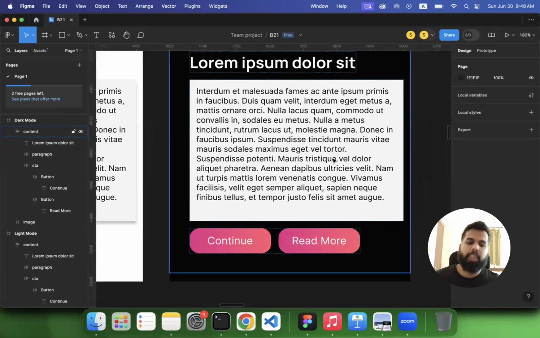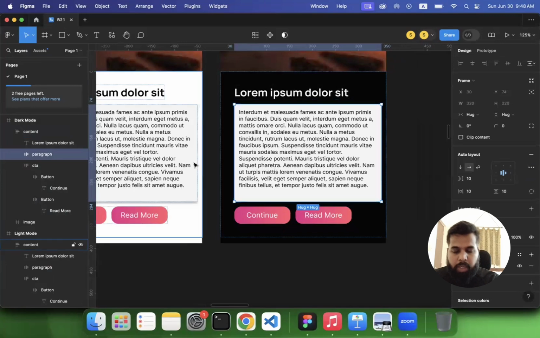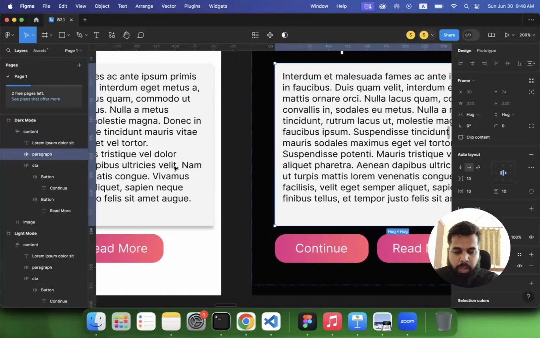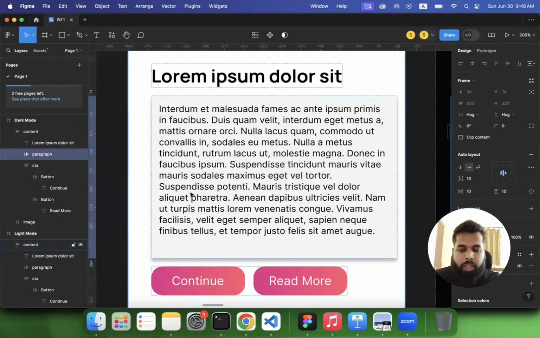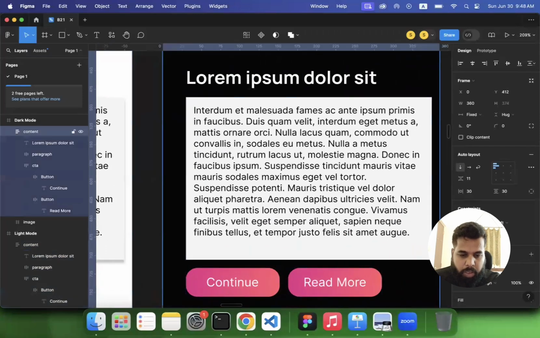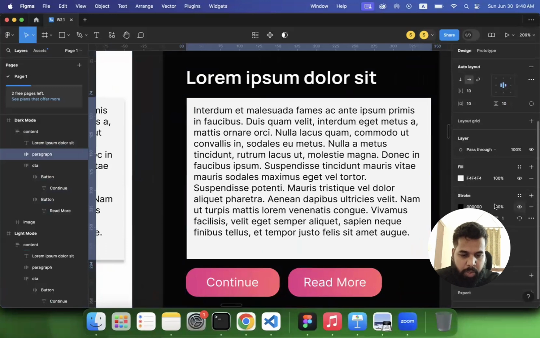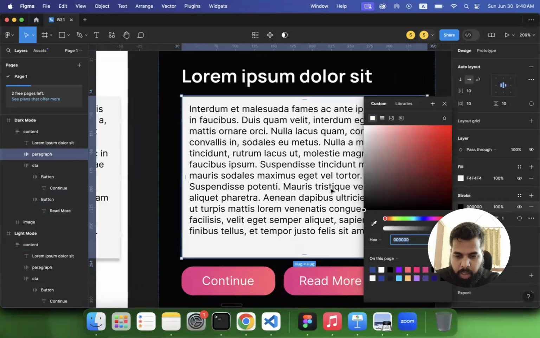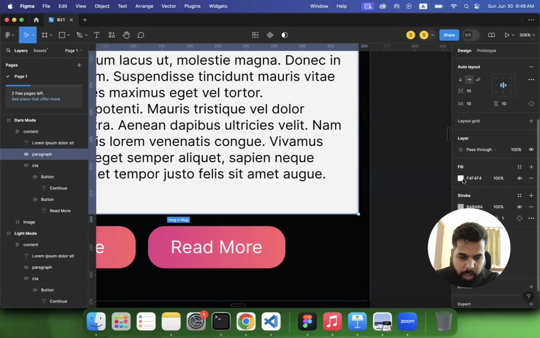So that is because the drop shadow we have added is in darker color, but the background in my dark design is also darker color. So by adding this drop shadow, what we are trying to achieve is to convey depth between the elements we are using in our design. So in darker mode, because we can't use this drop shadow, we are trying to add some stroke around our design. So your stroke can be different color. So let's change the background color of this one as well